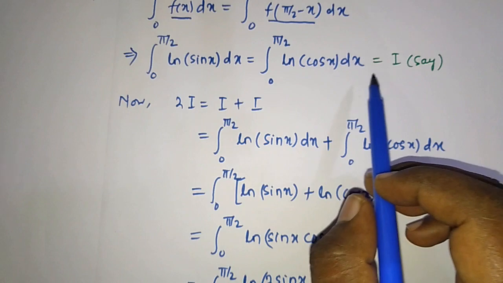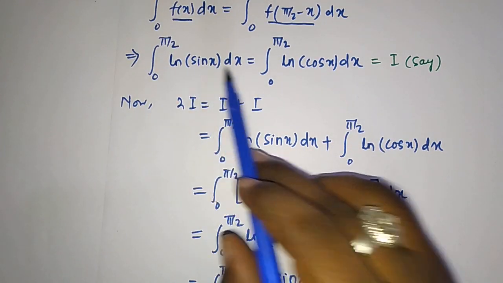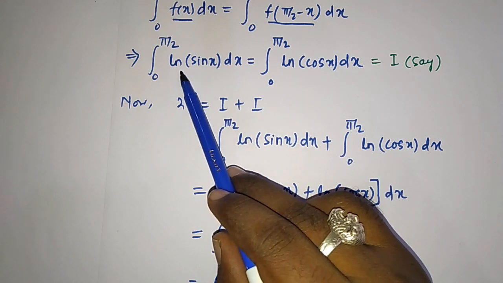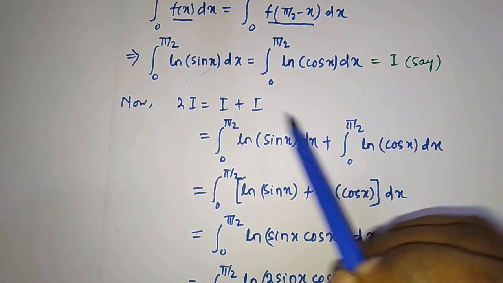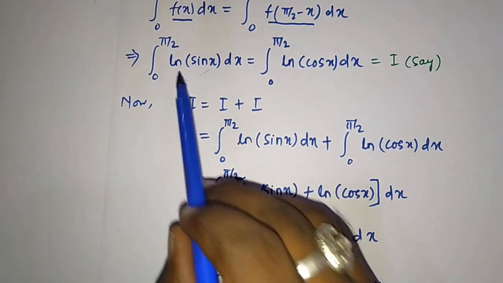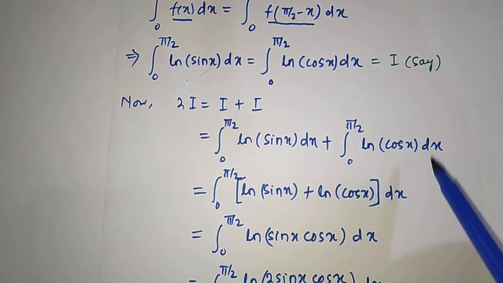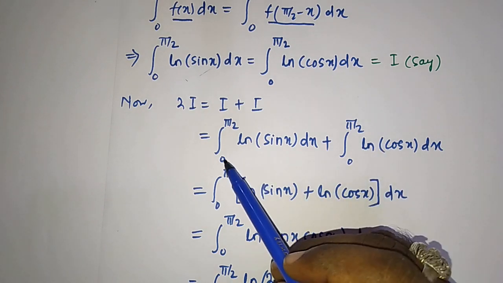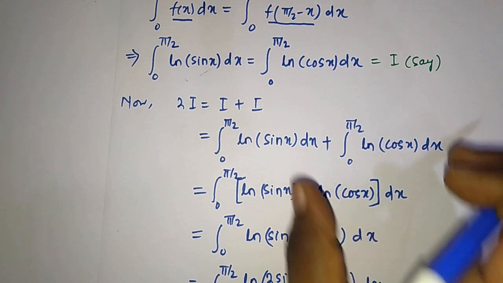Both the values are I. So once I will put this value, and once I will put this value. Here I have written the integration of ln sin x, and here the integration of ln cos x. Now both the integrations are the same, and both the limits are also the same,